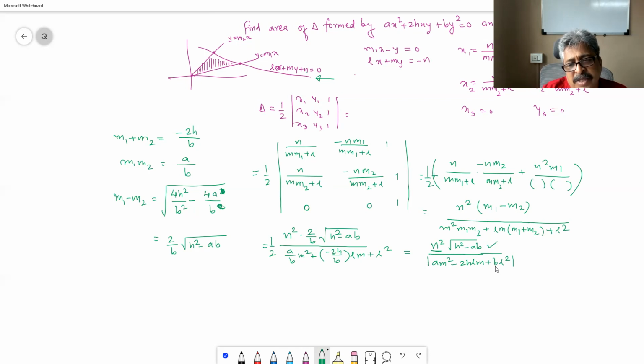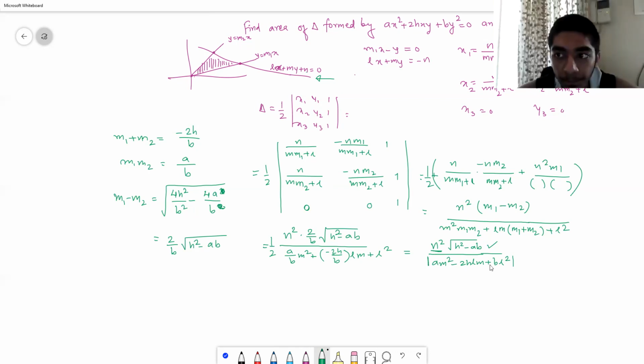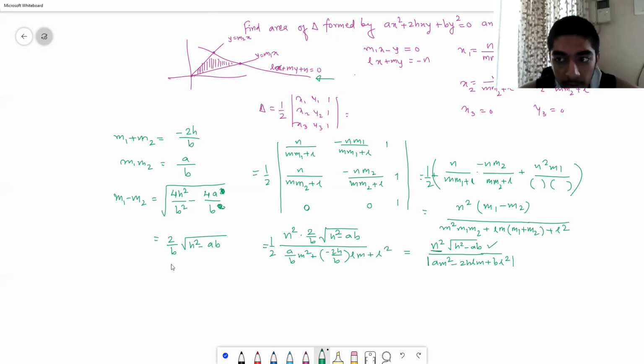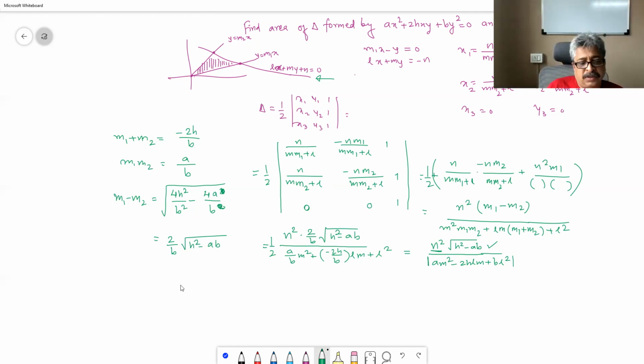What is this denominator saying? Sir, parallel to any one of the lines. Yes, something like that. If the slope of the given line